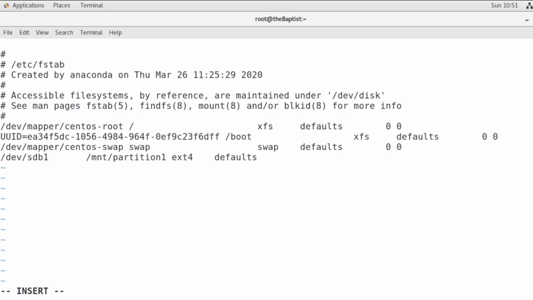Press tab again. Now this is where we must give the permissions. If you want a read permission or a write permission or default, you can give any of that. If you just want read permission, just give R. If you want read and write, you can give RW. If you want read only, RO, etc. Okay, so after defaults, press tab again and give 0 and 0. That is its syntax. I'll tell you what the 0 and 0 is in a later video. And now put /dev/sdb2, press tab, /mnt/partition2, tab, ext4, defaults, 0 0.